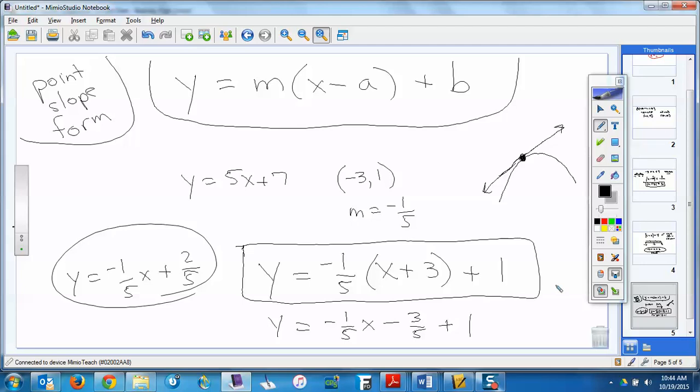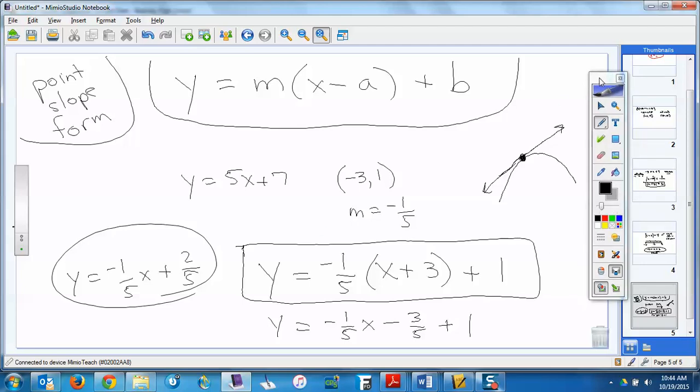So for some reason, every year there are people that struggle when we have to write the equation of a line. And it should be a very easy thing. You've got to memorize this, point slope form. And somehow in the problem you find the slope of the line you're looking for, and somehow in the problem you get a point that's on that line. You need those two things, and then you just plug them in, and then you can stop. And there's the equation. Okay? All right.